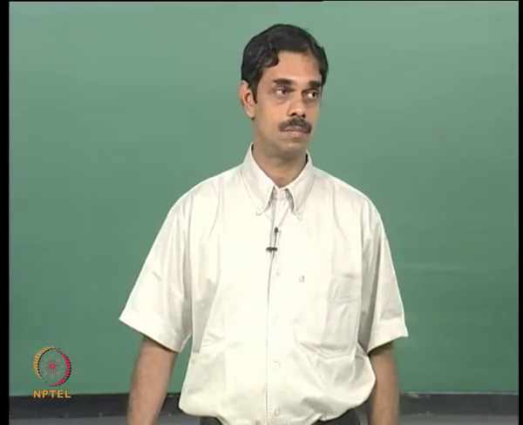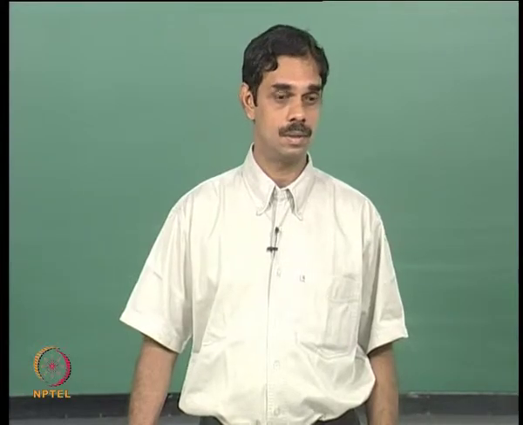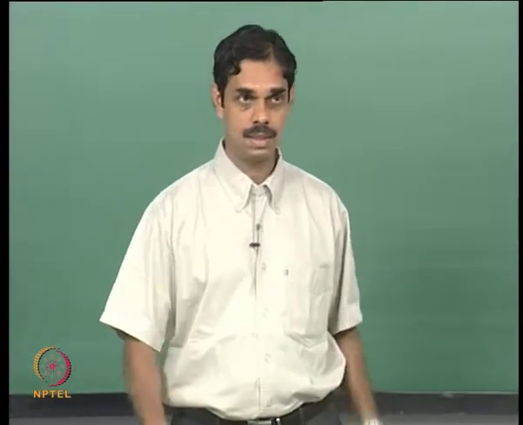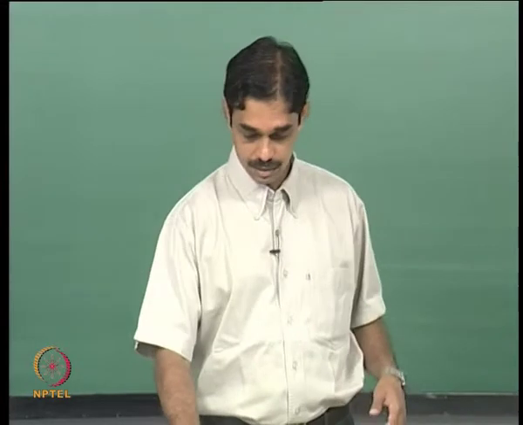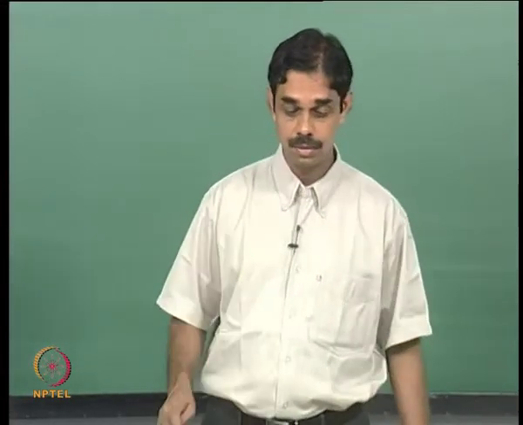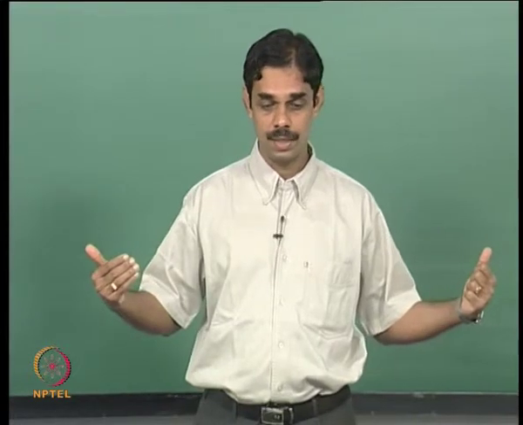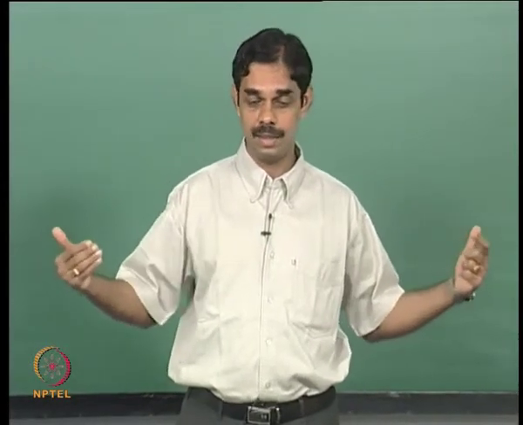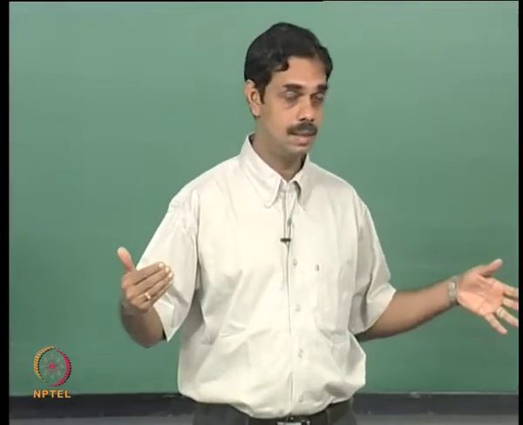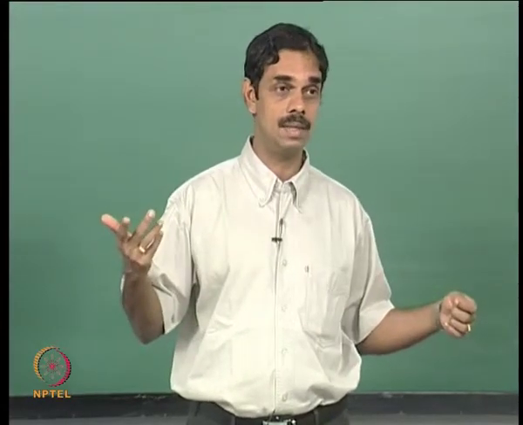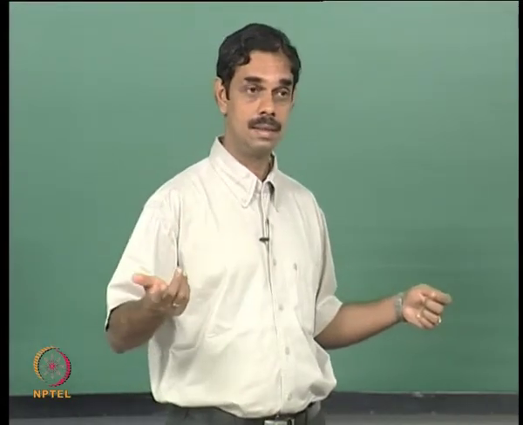Actually, I didn't need this concept of the norm of the vectors. Okay, so we will redo this issue. Let's start from the differential equation, d chi by dt. Chi is the vector containing the state variables, and you have the evolution operator L: d chi by dt plus L chi is 0. If chi was just a number, then you can integrate it the way you